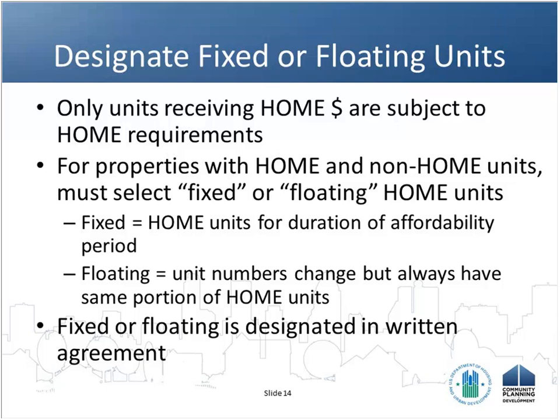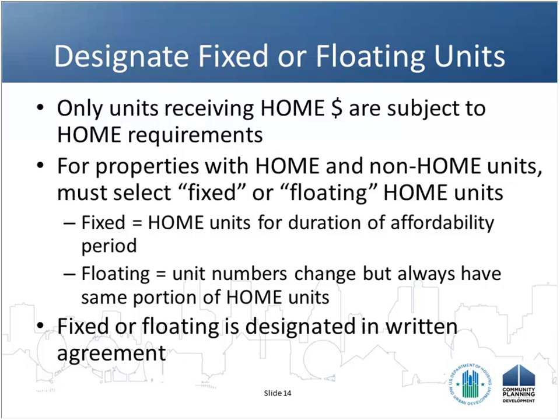So I think you sometimes see where you have small projects and maybe a nonprofit that is managing their own units and has less property management experience, that the PJ might decide on that particular project, let's make this a fixed unit. So it's very easy for that property manager to understand